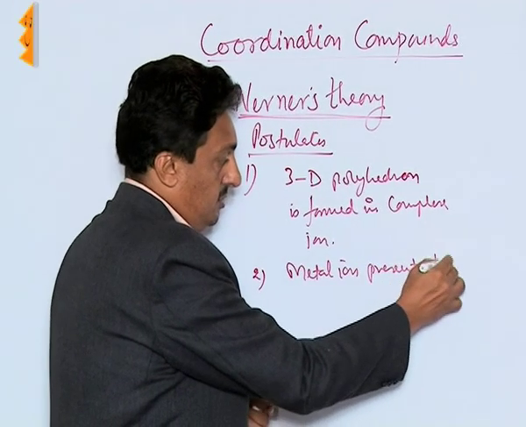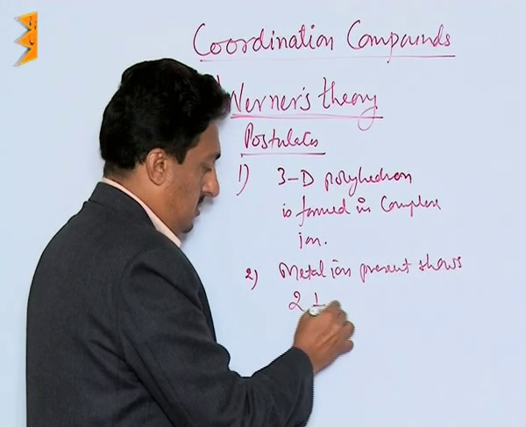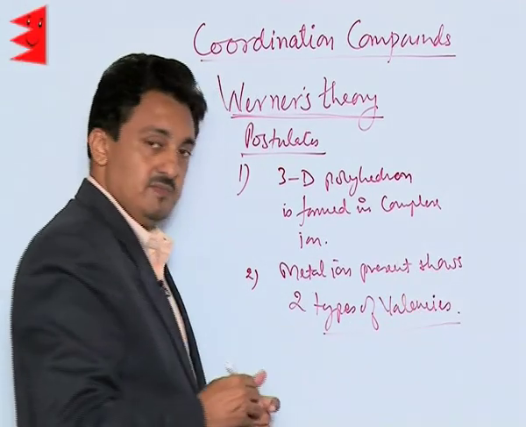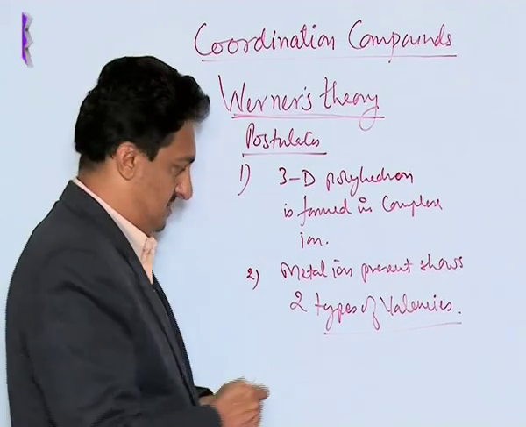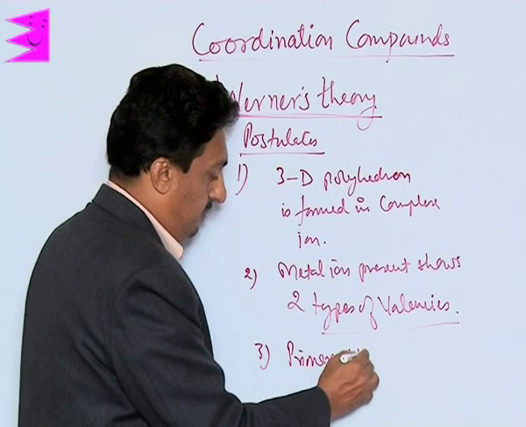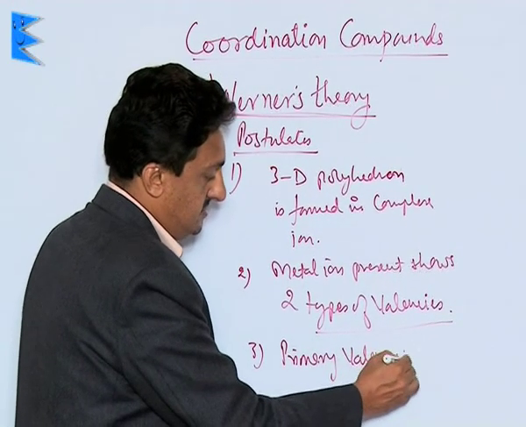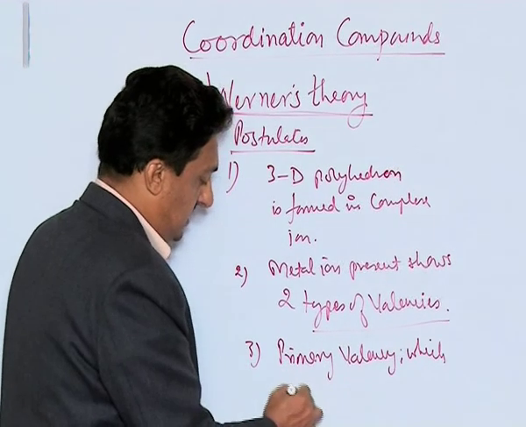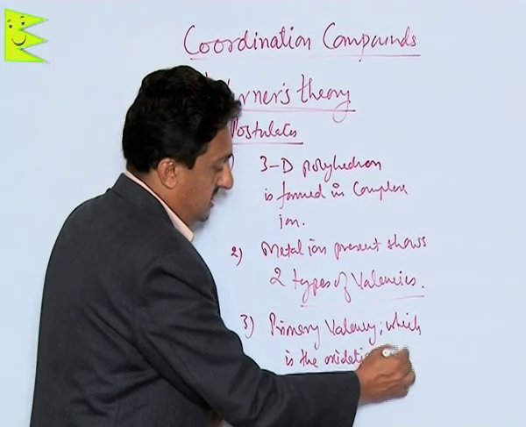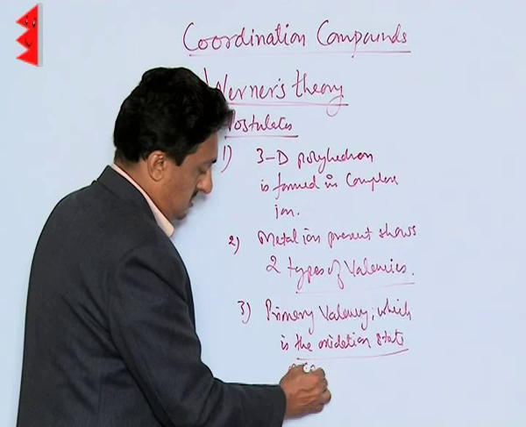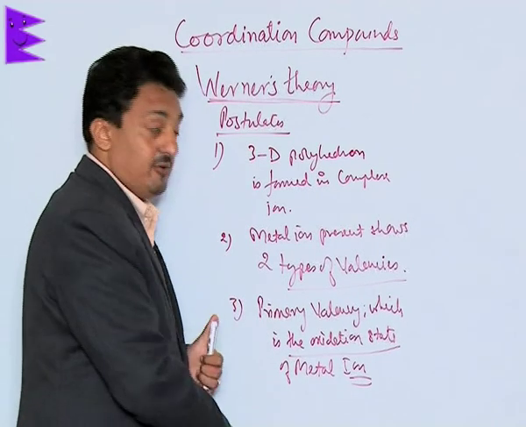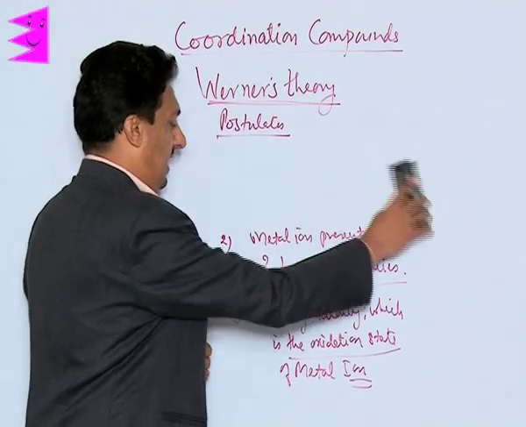present shows two types of valencies. The first valency is called primary valency, which is the oxidation state of the metal ion. So, primary valency is the oxidation state of the metal ion, and